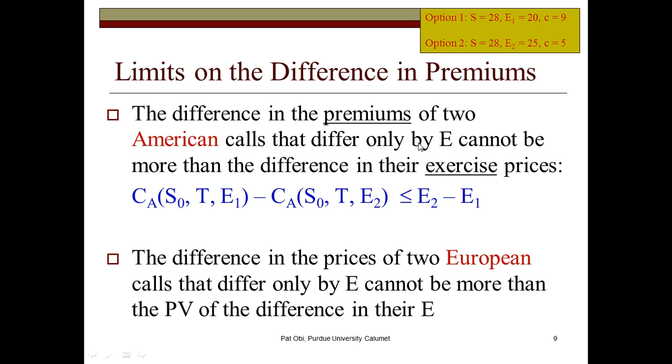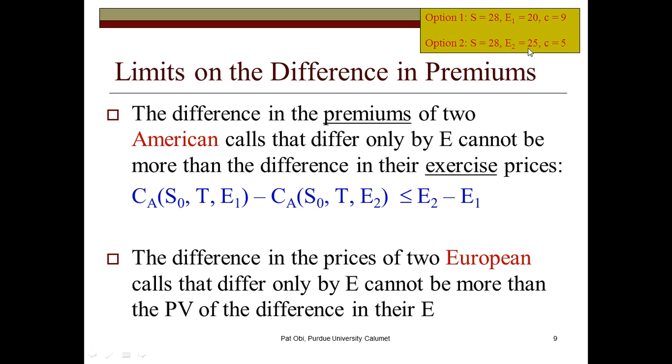Now, to understand what this is saying, consider two options, option 1 and option 2. Option 1 is written on a stock whose price is 28. The exercise price of this option is 20, and this option is currently selling for $9 a pop. Now then, option number 2, which is also written on the same stock, selling for $4, however, has a higher